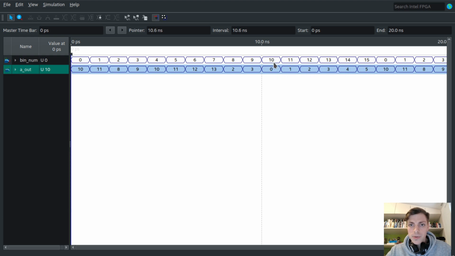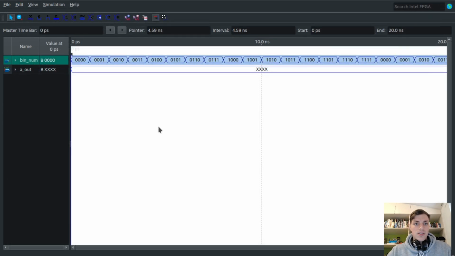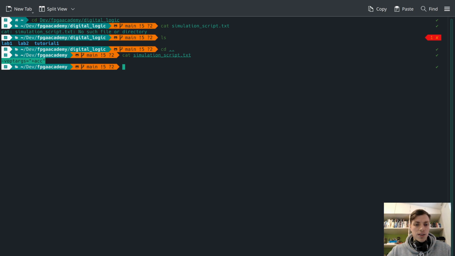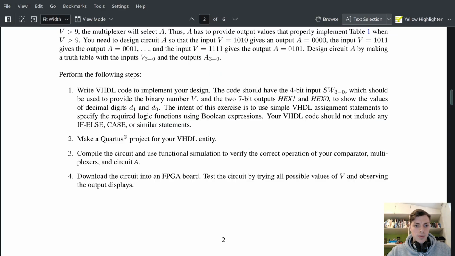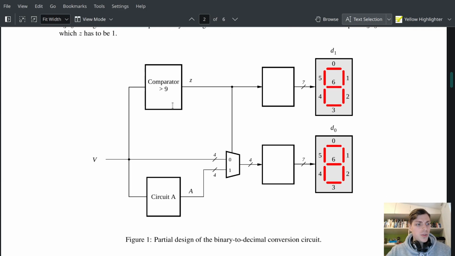So it corresponds to 10, we want just the 0, 11, we want just the 1. So this seems to be correct. That's great. We successfully simulated our circuit A, and we will continue with